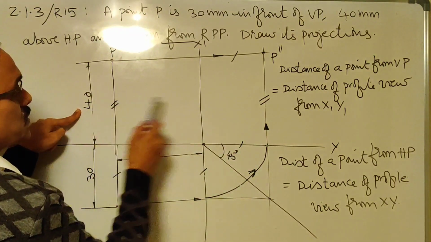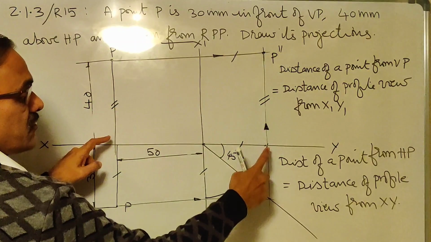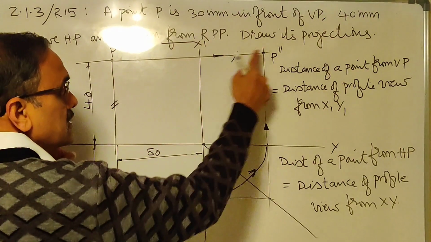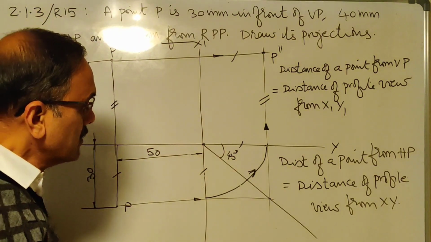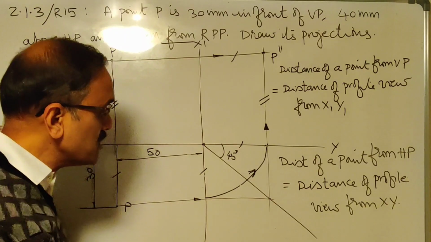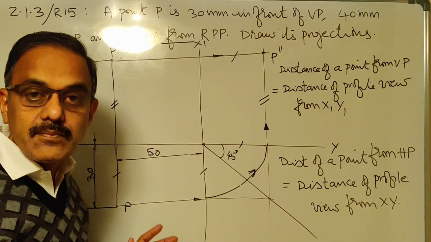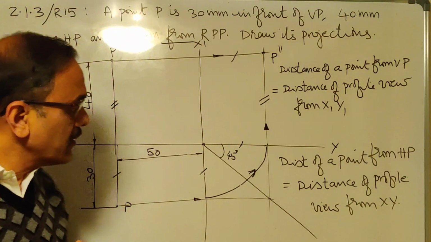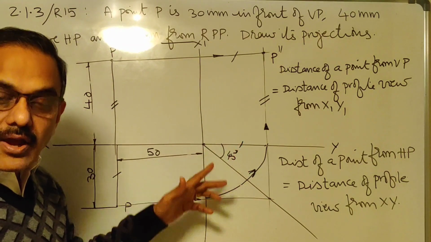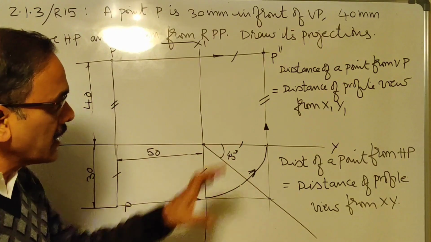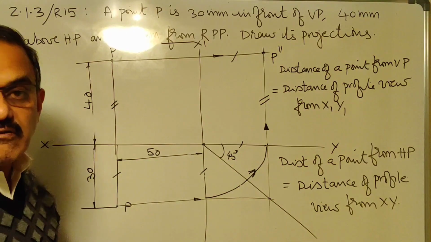The statement says both should be equal. I have made a double dash here. So if they have to be made equal, then I must make this parallel to XY. So much is involved in it. Though the procedure appears quite simple, there is a logic behind why that procedure is adopted. So this is a very important concept while drawing the profile view. Making use of these two statements, I have adopted this procedure and got the profile view.